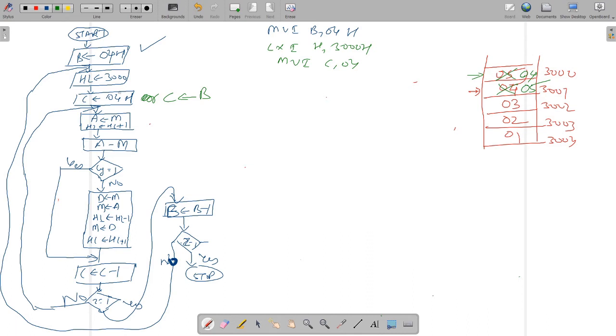In this, you are going to store the value of B into the register C. So in this case, we'll be using this because we want to make our system more efficient, more reliable, and faster. So MOV C, B, then that will be MOV A, M.